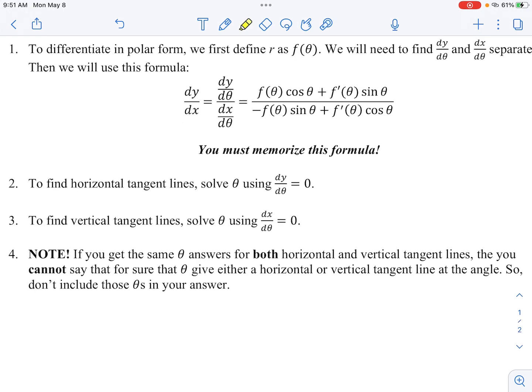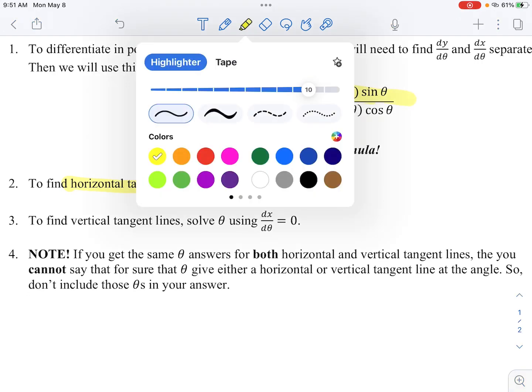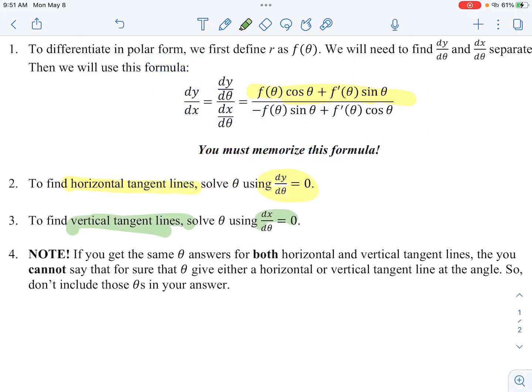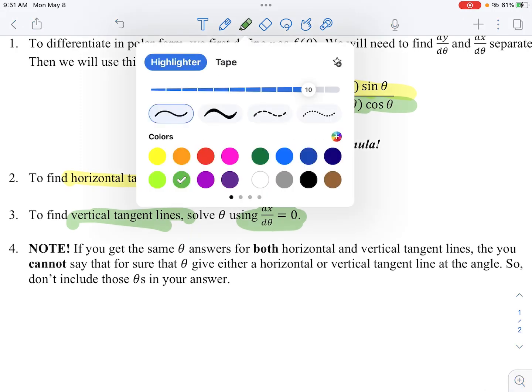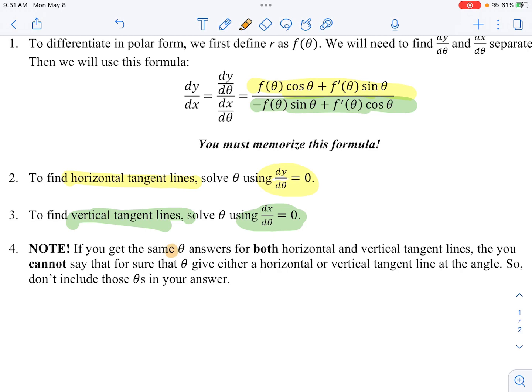I do want to point out that if we only want to find horizontal tangent lines, that could be an instruction, then you just need to work on the top part, dy d theta. If it asks you to find vertical tangent lines, then you only need to work on the bottom part, dx d theta. But there is one really important thing that you could encounter, and that is if you ever get the same theta answers for both. So maybe you're trying to find the theta that creates horizontal tangent lines and vertical tangent lines. Well, if you ever get a theta that works, like maybe here theta is pi thirds and pi, and maybe here theta is pi thirds and 2 pi thirds,